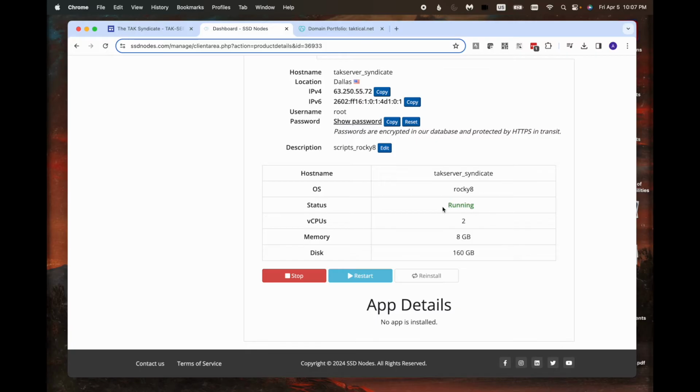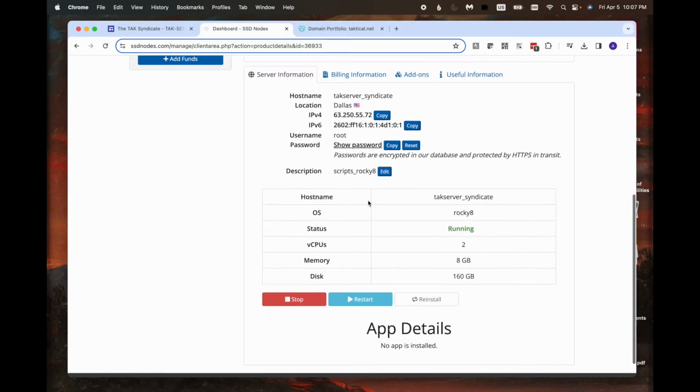You can see it's running here, Rocky 8. The description is Rocky 8 scripts. I've killed this and restarted this machine a bunch of times, testing these scripts out. So it's got a fresh install right now. It's good to go. You can see I've got my IPv4 address here and then password. What's nice is I can copy and paste this back and forth to FileZilla or any other applications where I need to get this IP address or password, like into my